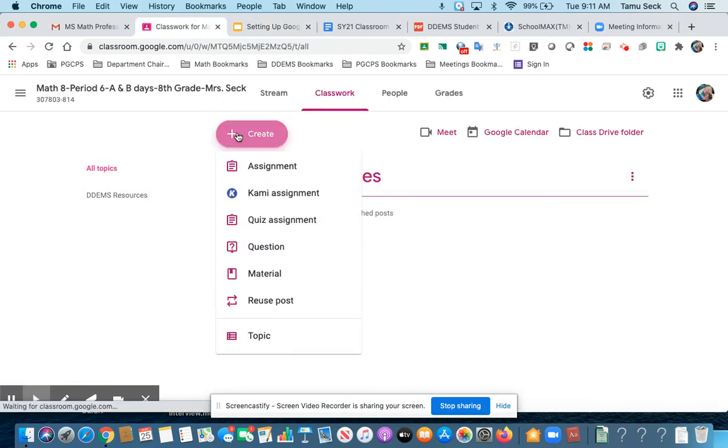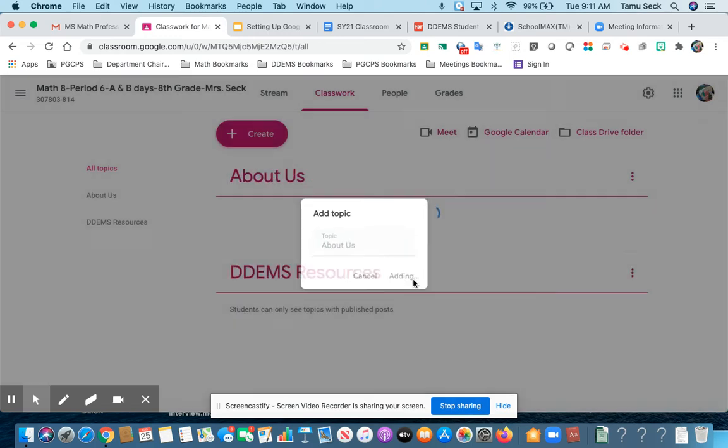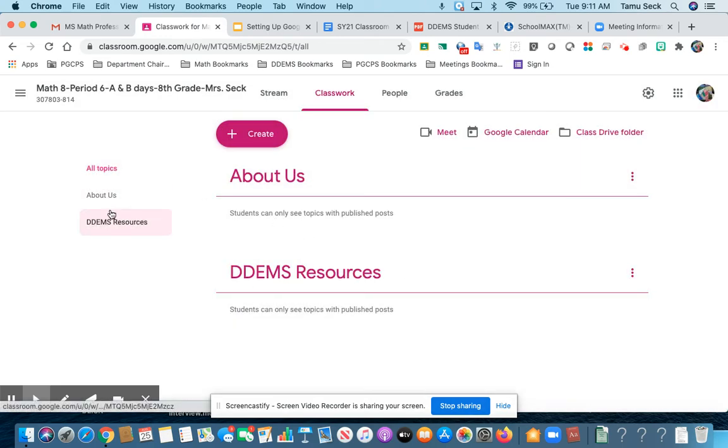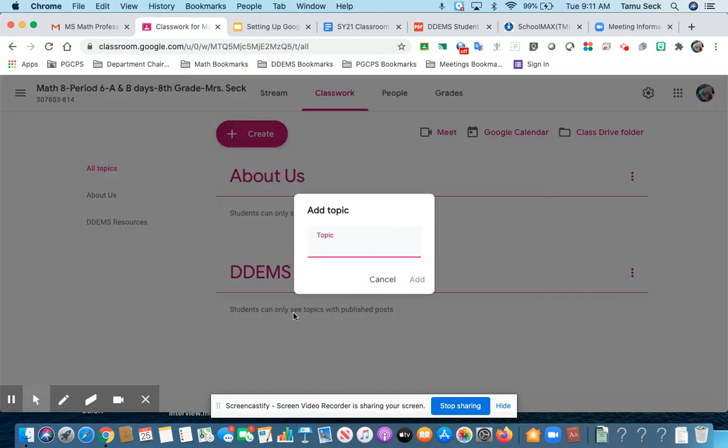Okay, the next one you want to create is About Us. Now, the About Us folder will be student created posters about themselves. So you're going to, now the last topic that you want to create, you're actually going to put something in there, and you want to put student agenda